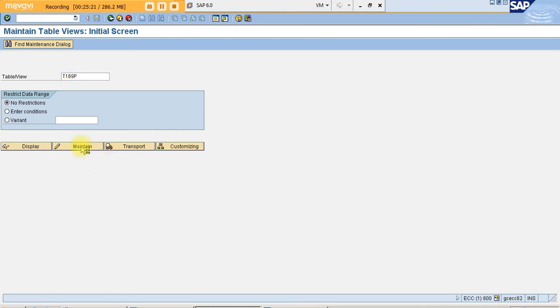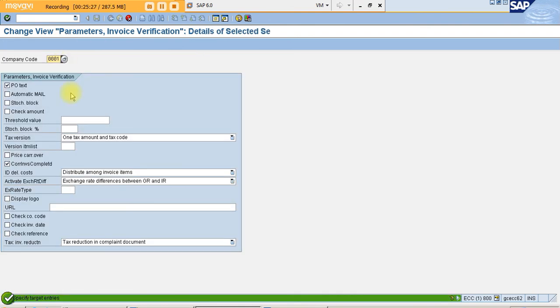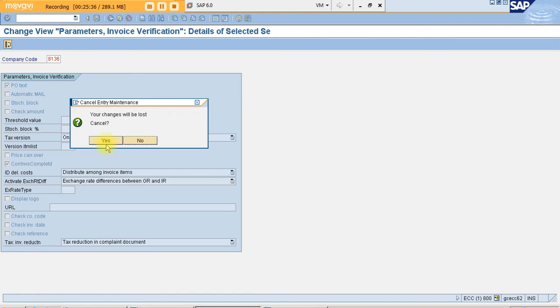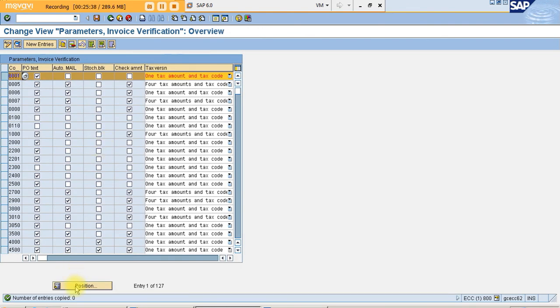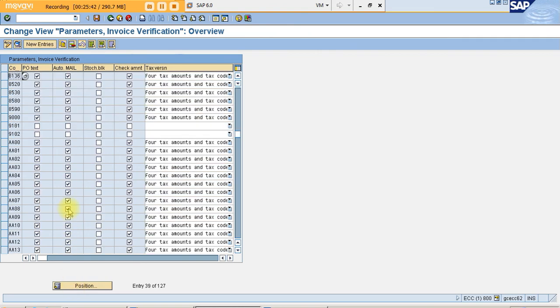Click on maintain. I'll select 0001, copy, then I'll create my company code. This means this is already there. Click on position 8136. This is already there.